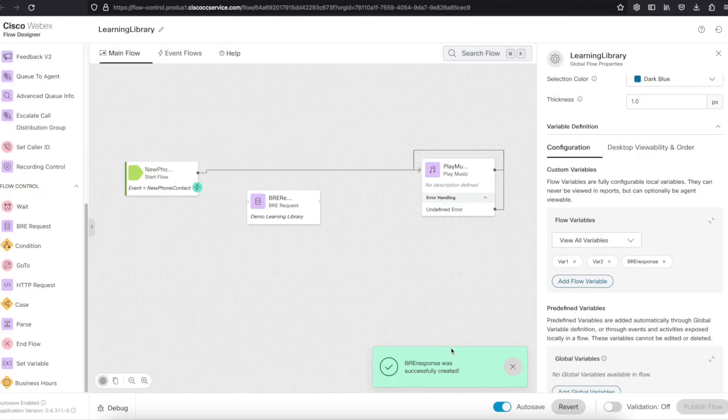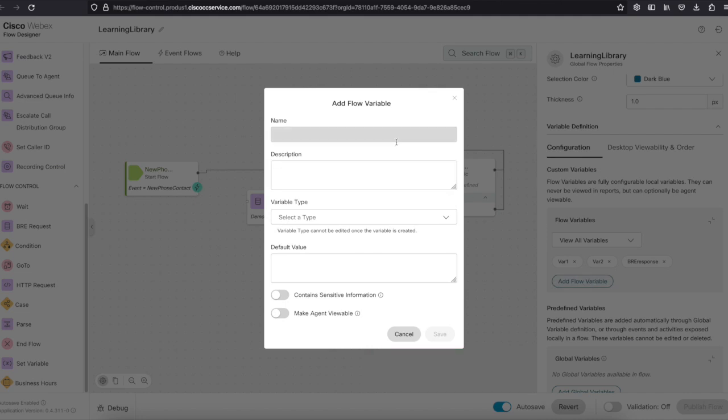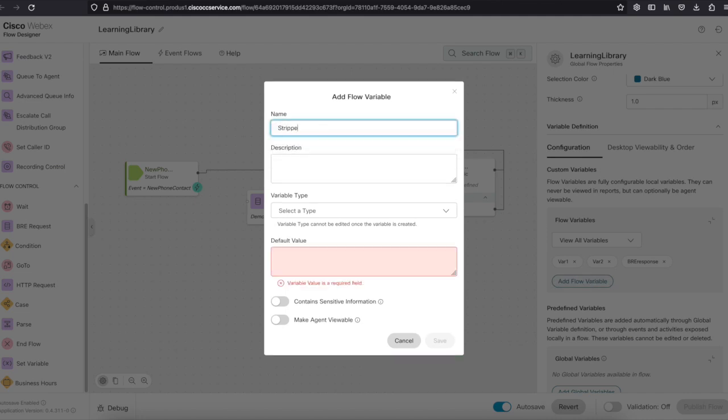Second, we need to check if our incoming ANI will contain a leading plus sign. In most of the deployments, that will be the case. So what we will have to do is to get the number in a separate variable, stripping the plus. So let's create another text variable to store the new ANI